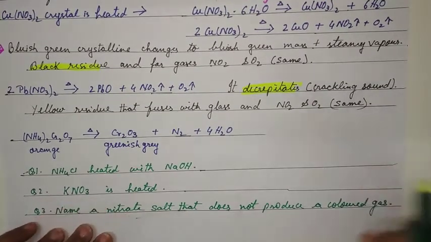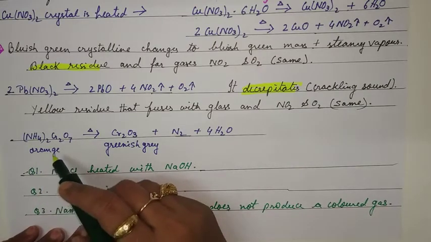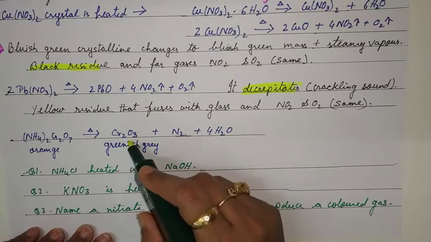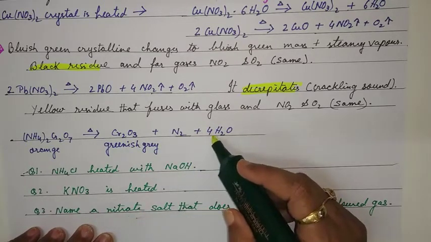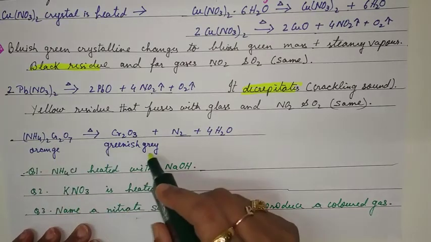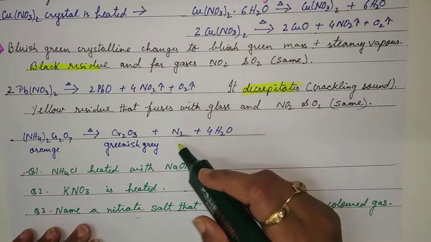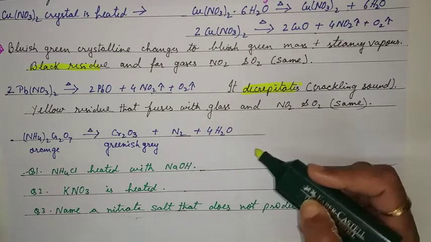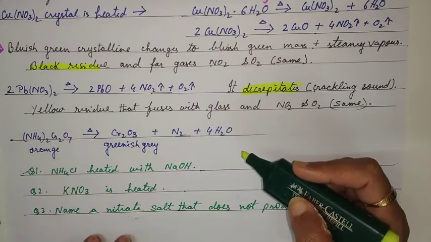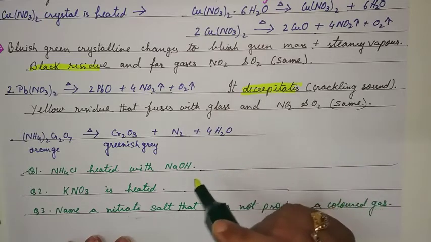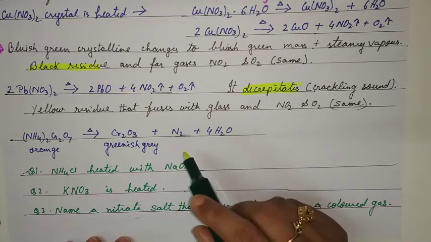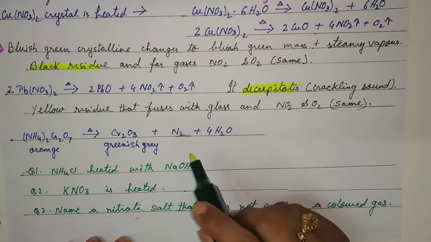Now, ammonium dichromate on heating will give you chromium oxide, nitrogen and water. So there is a color change, the orange color on heating, the substance changes to greenish yellow. And another gas, nitrogen, with water. I would suggest for nitrogen to see what you can write from your previous knowledge, and I have purposely not written about it. So something, I leave it up to you.